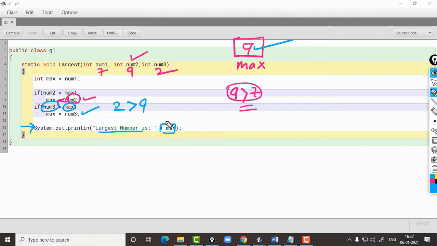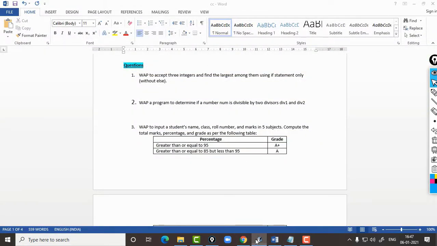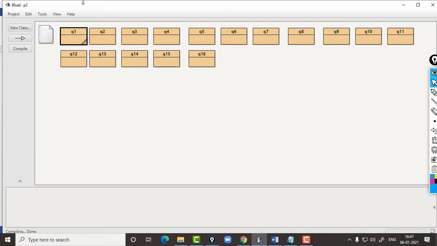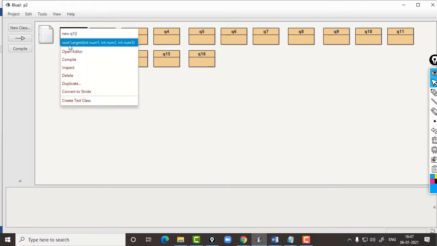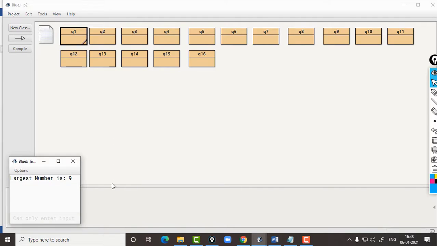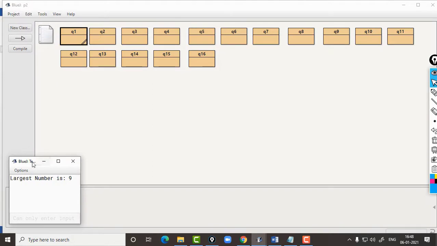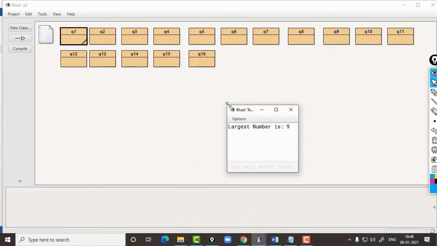So let's have a look at the output. I am going to input 3 numbers here, 7, 9 and 2. As you can see, the output is showing the largest number is 9.